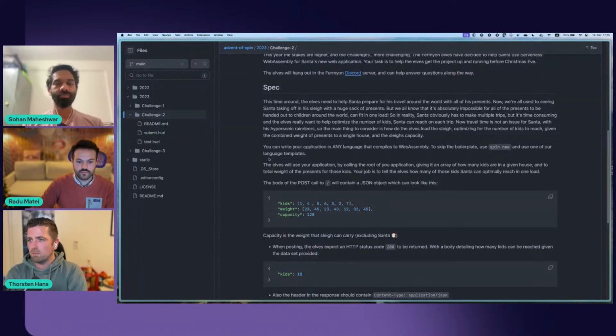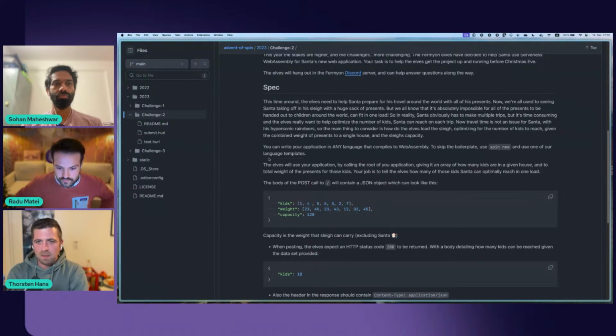Now travel time is not an issue for Santa with his hypersonic reindeers. So the main thing to consider is how do the elves load the sleigh, optimizing for the number of kids to reach given the combined weight of presents to a single house and the sleigh's capacity.